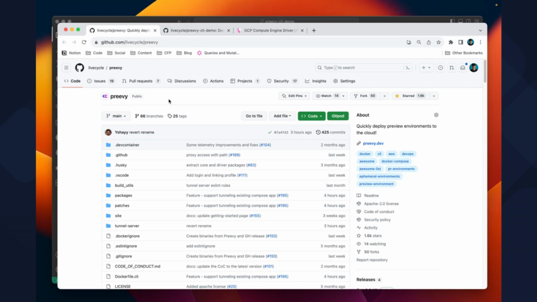In today's video, we will explore how to use Preevy with GCP Compute Engine. If you are not familiar with Preevy, it's a robust open source CLI tool developed by Lifecycle. Preevy is designed to streamline the creation of preview environments for your project and provide shareable URLs for quick and easy team feedback. Although Preevy supports various drivers like AWS, Google Cloud, Azure and Kubernetes, today's focus will be on